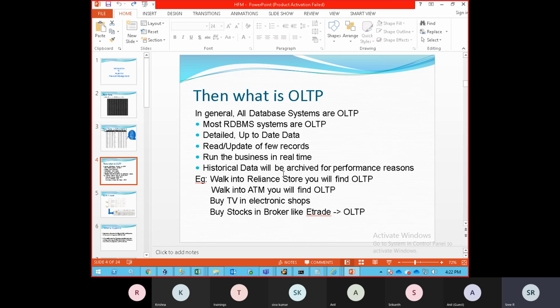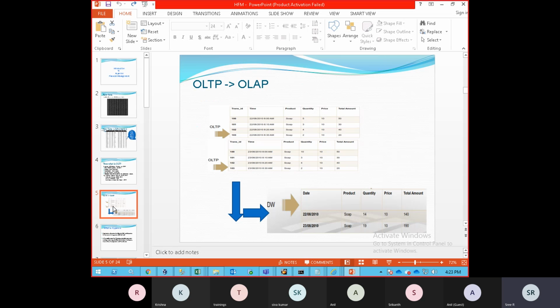Here in OLTP, it could not consolidate the transactions which are happening. It stores only in terms of transactions, which doesn't have that feature to consolidate. So to avoid the drawback, we finally get into that system called OLAP, online analytical processing system. OLTP is online transactional processing system. So analytical tool, we call it, is used for the analysis part.